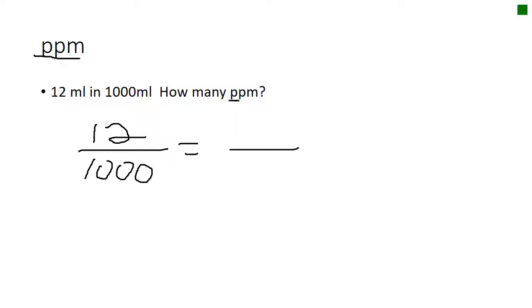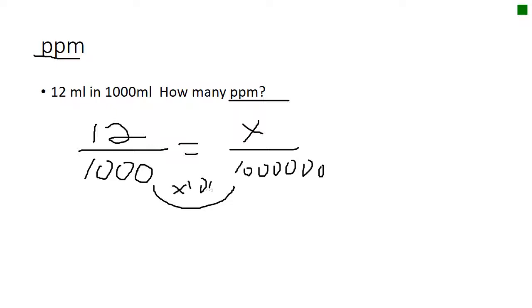So parts per million, translated to math, is just part x, we don't know, per that line, a million. Okay, so 2, 3, 1, 5, 6. How do we go from 1,000 to a million? We have to multiply by 1,000. And whatever you do to the bottom, you have to do the same thing to the top. You multiply that by 1,000, and so you have 12,000